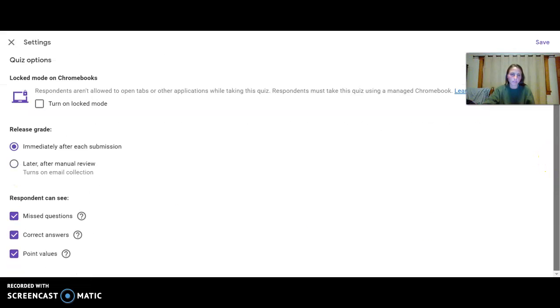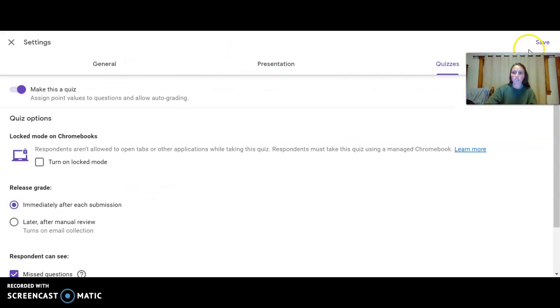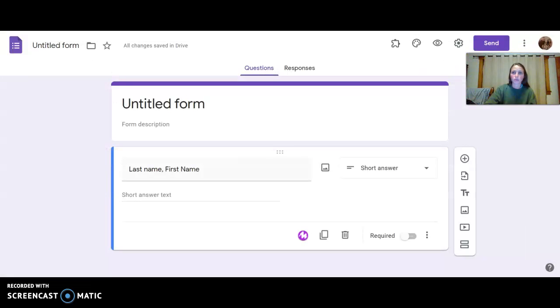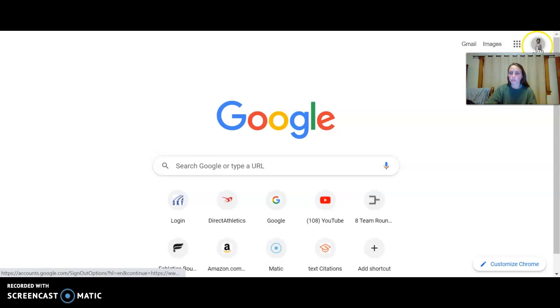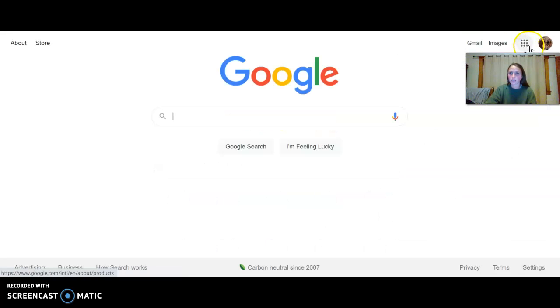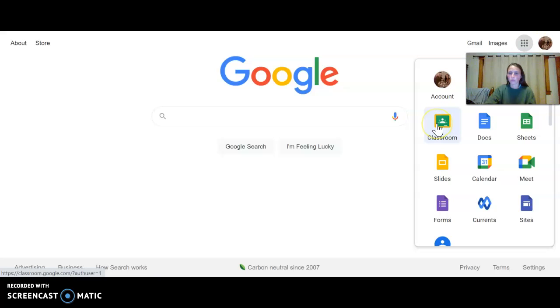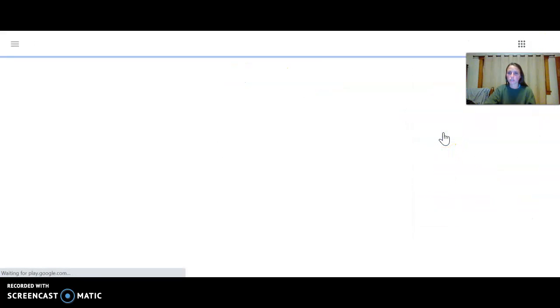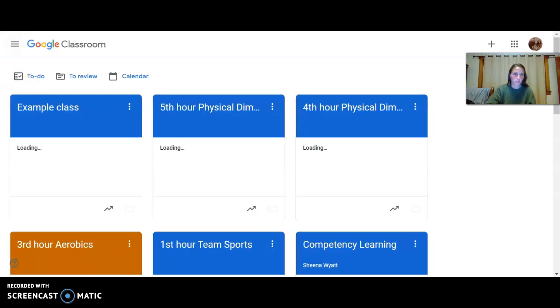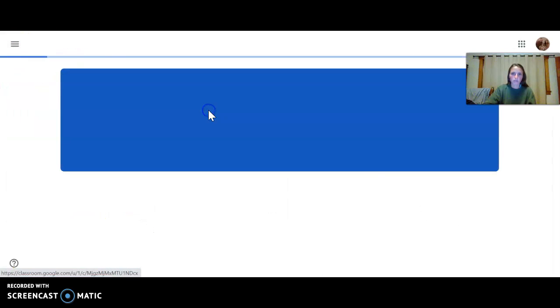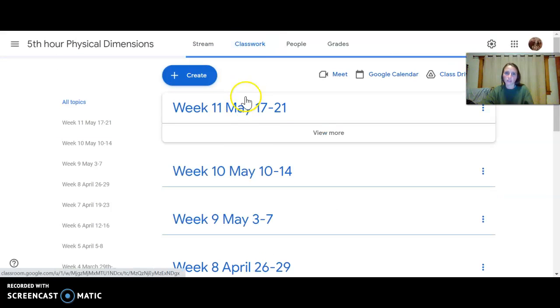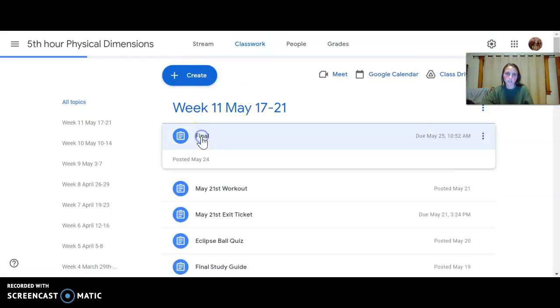And then if you go down a little bit, you can click what you want your kids to see. Do you want them to see what they missed, what their correct answers are, and how many points each question is? So all of that is totally up to you. I'm going to open a couple Google Forms that I have already created. So I'm just going to go to my Google Classroom because it's just the fastest way for me to do it. I'm going to go to the final that I gave out to my students,